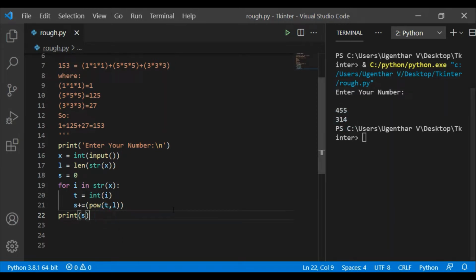Okay, now let's check a condition with the help of if.